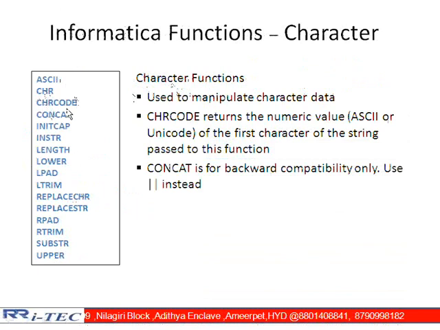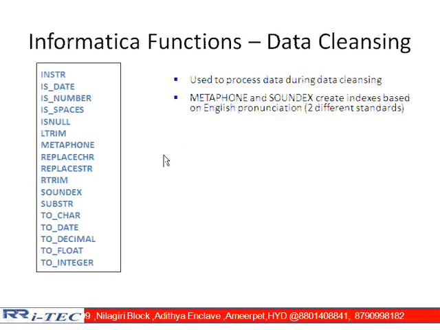Those functions are ASCII, character code, and so on; these are all Informatica functions. Character related functions are available. One other thing is Concat. Concat is for the purpose of backward compatibility only. Use the concatenation operator instead. That means there is a performance issue, sir. CONCAT is useful for concatenation, but it is not that good performance-wise. The reason is we will try to use this symbol instead of this one. Am I clear? We will use this symbol instead of this one. Like this, we have some functions available. We will come to understand the functions down the line.